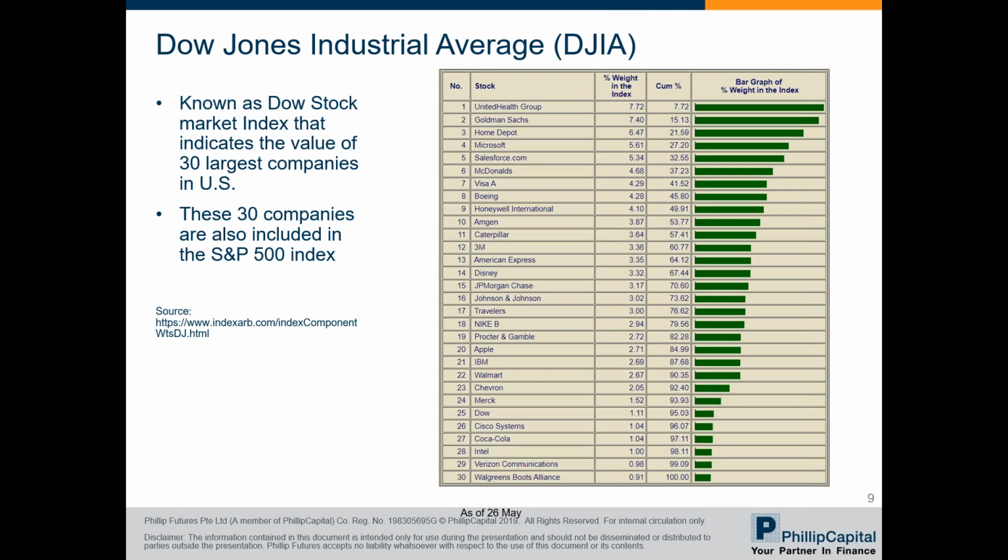Because it only includes 30 large companies, it is not weighted by market capitalization and does not use a weighted arithmetic mean. It is simply a price-weighted index. So even though it doesn't cover many companies, it's still a very popular choice among investors. The companies included are all listed here in the table below. Companies such as Apple and Boeing are inside as well.